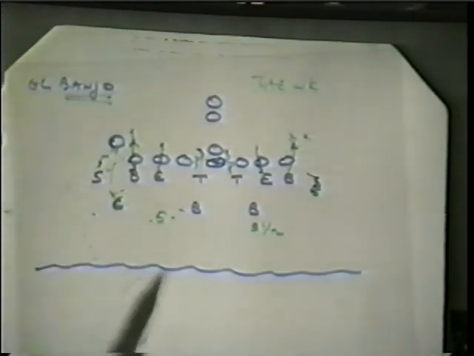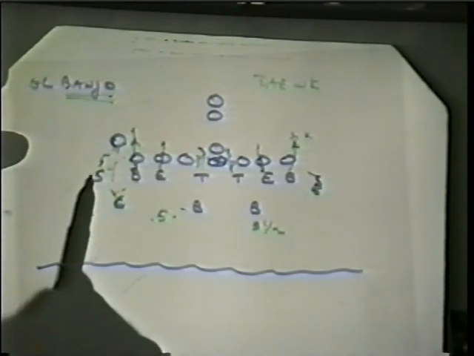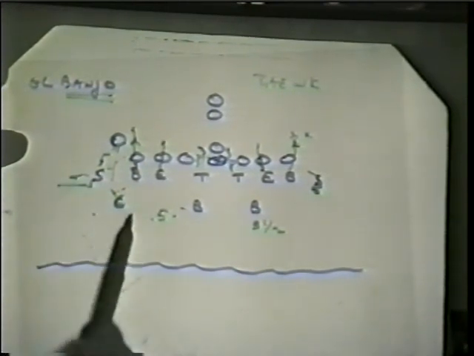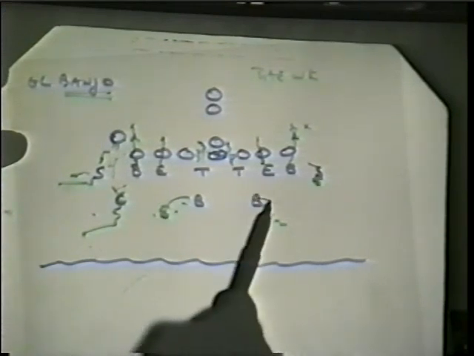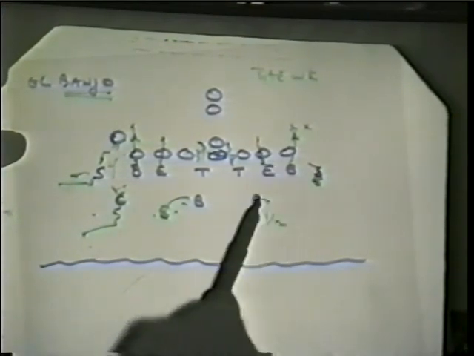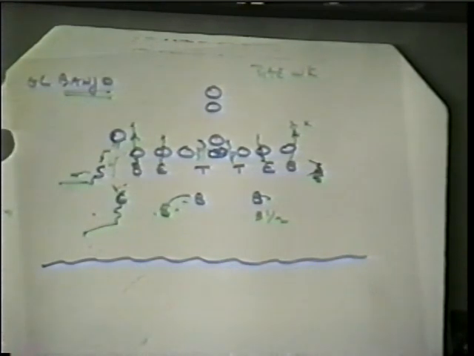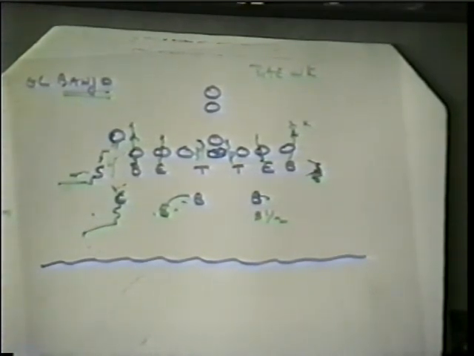Okay? Our coverage is Banjo. What we're saying is he's going to take the first thing outside into the flat. He's going to take the next deepest. He's going to be inside number 3. We're going to work in and out on those guys with these two over here on any flow that way. And that's the coverage we're going to play. Banjo. So again, if I were to draw it on the bottom here and draw a route,